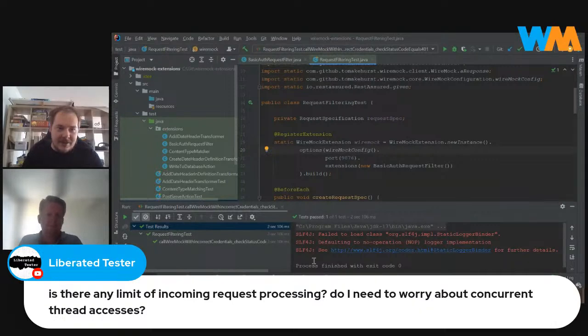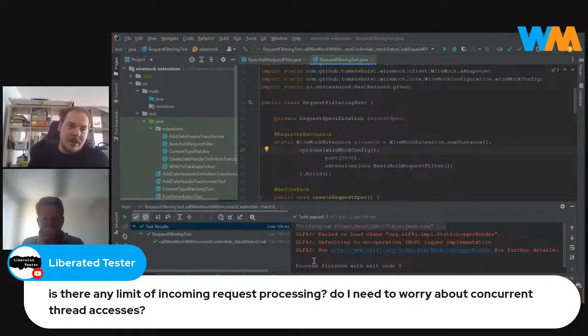What you are going to get there basically depends on you, because there is a higher risk of overloading your server, especially if you run your JUnit in multiple threads, because it will mean that there are multiple WireMock servers serving multiple requests. So there is certainly a limit, but it basically depends on your system throughput. In principle, WireMock doesn't set limitations.